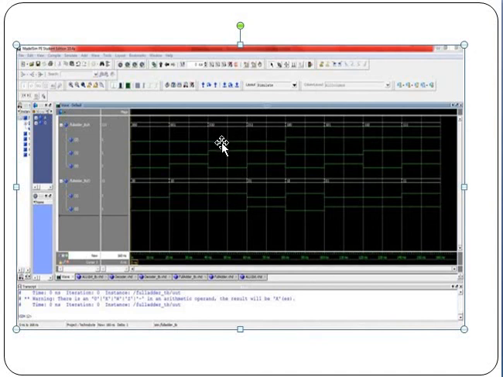Here the input is 0 1 0, the output is 1. And here for 0 1 1, the sum is 0 and the carry is 1. This is the behavioral modeling.